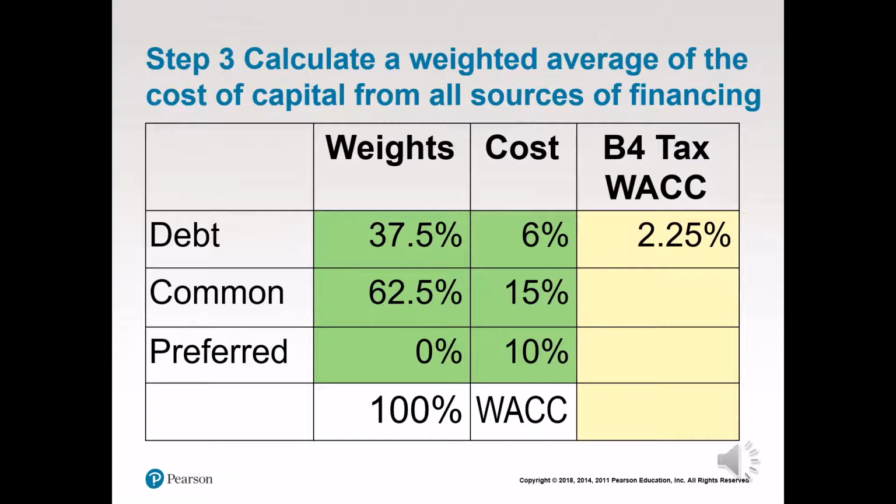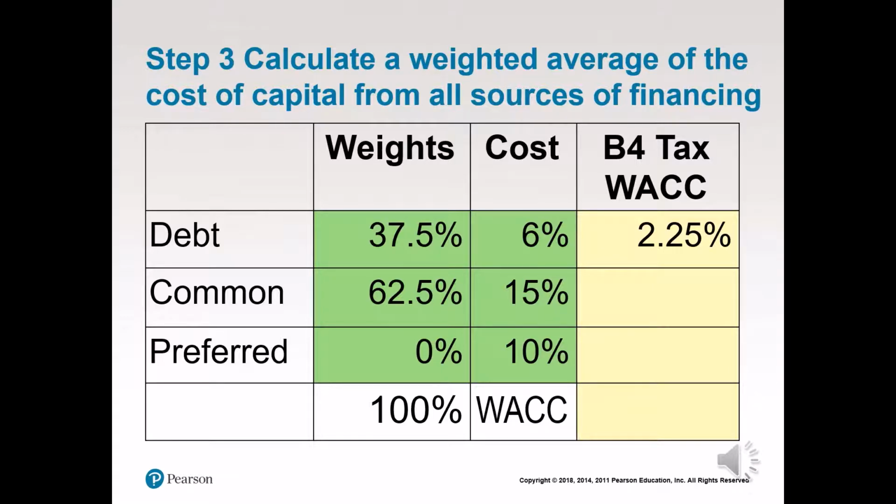The third step is to calculate a weighted average cost of capital from all of the sources of financing. You'll see here that we have zeroed out our preferred stock as we plan to retire those, and we have increased our debt to 37.5% as a weight of the entire capital. We'll take that weight of 37.5% and multiply it times our cost of debt at 6%. That gives us a weighted average cost of capital for debt of